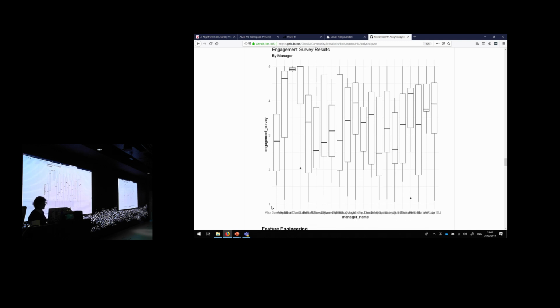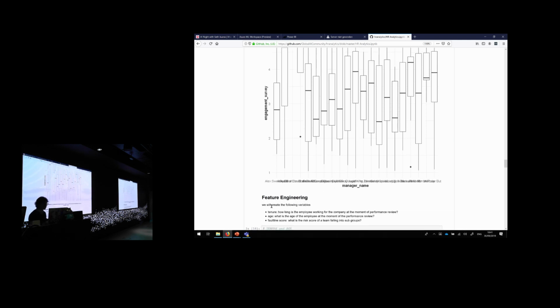Interesting fact, we have information by manager. Well, there's quite some difference here. So that triggered me, at least for this demo, to say, all right, we're also going to work with team data. Because we know that the different teams, assuming that people who work for a manager form one team, which is just an assumption, have very different scores. So let's take that into account. And this is an example of, all right, we have an idea, we know something, but hopefully about HR analytics.